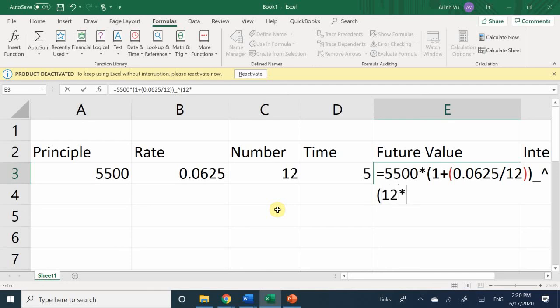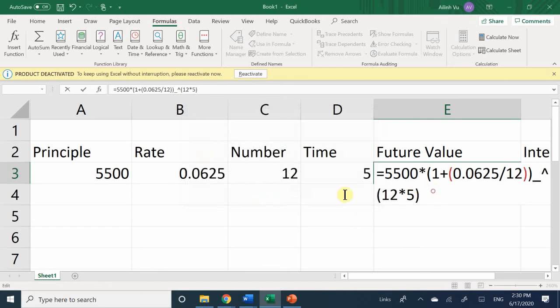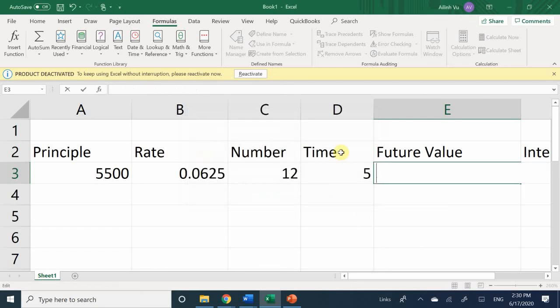Multiply by time. And time is what? 5 years. 5. We're going to close that parentheses. And when we click enter, oh, okay, so I messed up somewhere. All right, let's do this again. Okay, so again, 5 like that